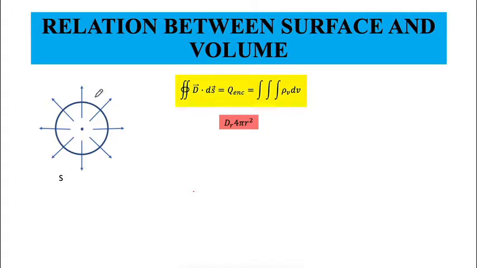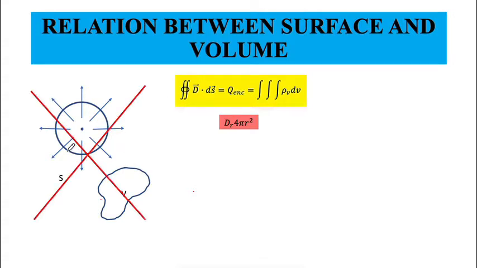Now what about volume? Should we actually talk about the volume of the surface that is enclosed? That is, can I take the volume outside of the Gaussian surface? So if this S stands for the Gaussian surface that I am using in the calculation of the left hand side, then I can take the volume over here. Now I have to take the surface and the volume both to be the same, essentially saying that the surface S must enclose the corresponding volume that we are looking for.